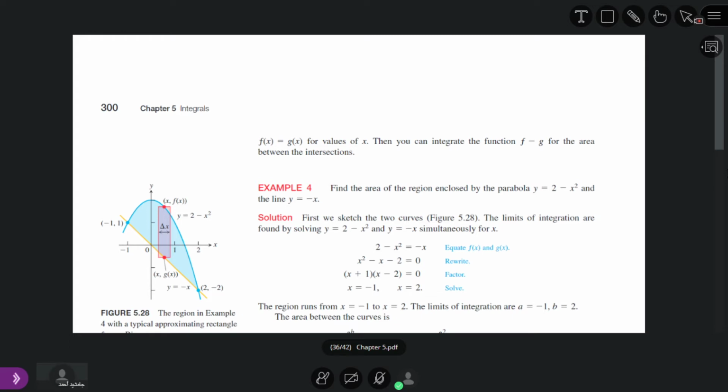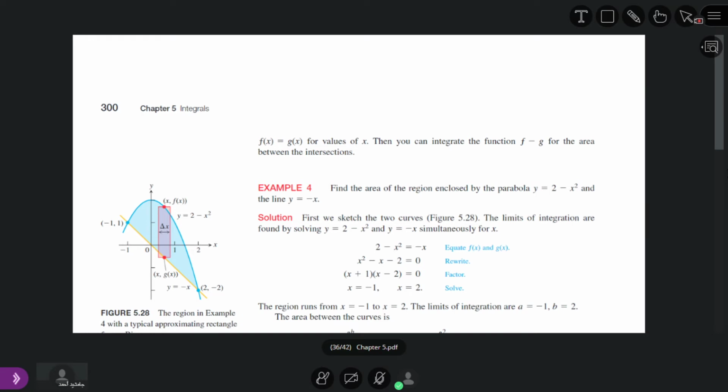The second one we can find from here: how can we find the value of x? By taking the square. Whenever we take the square, this becomes y square, which is equal to x. So one x is y square, and the other x is y plus 2. We have these two functions: one is y square is equal to x, and the second is x is equal to y plus 2.